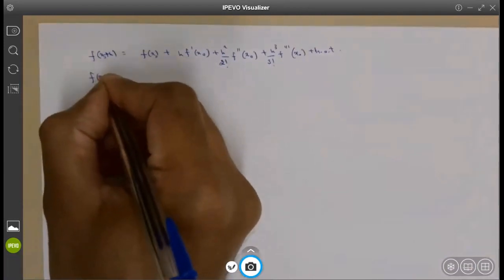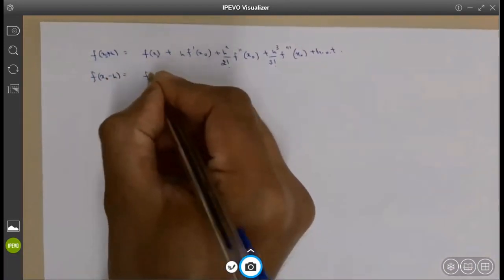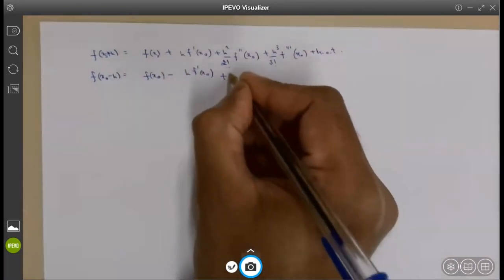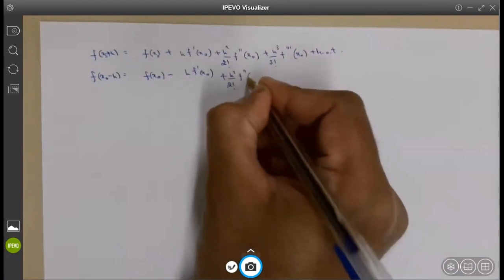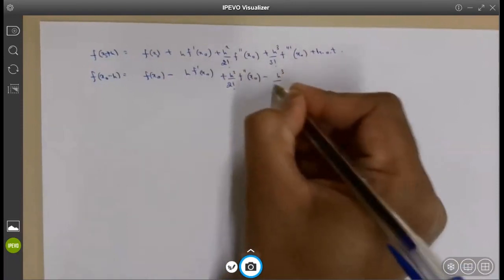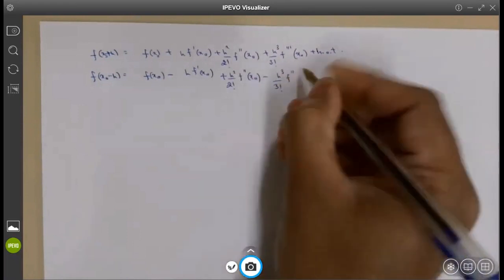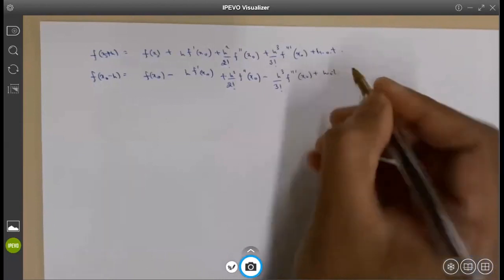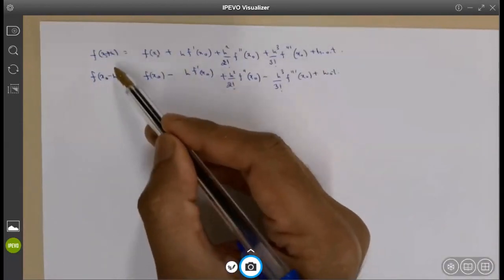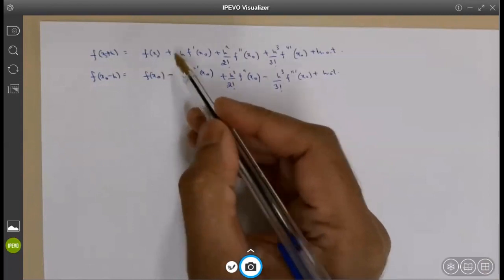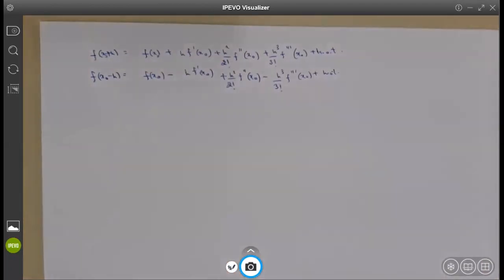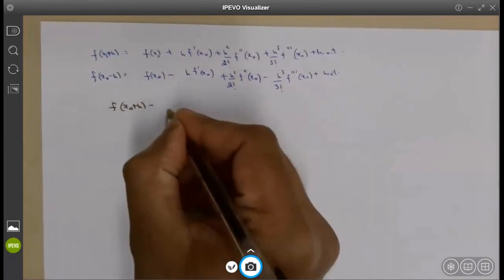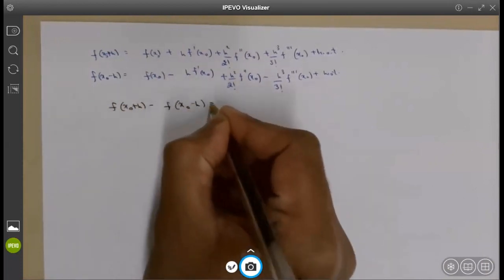Similarly, f of x naught minus h is f of x naught minus h f prime x naught plus h squared by 2 factorial f double derivative x naught minus h cubed by 3 factorial f triple derivative x naught plus higher order terms. If I subtract one function from the other, what do I get? If I subtract this, what I will get is f of x naught plus h minus f of x naught minus h is,